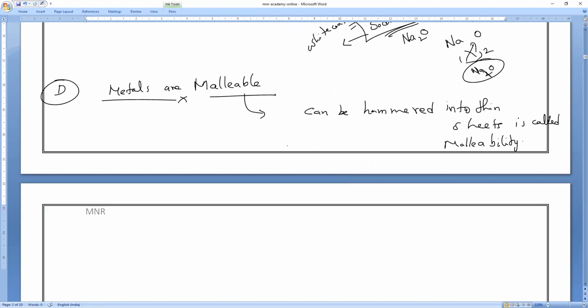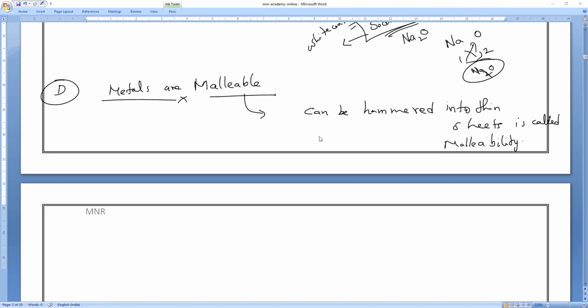Now, sir, how thin can you make it? Have you noticed? How many of you have at least one time bought sweets from A2B, the famous Tamil Nadu sweets? There is a sweet called silver-coated sweets. Have you seen silver-coated sweets anywhere in the sweet shops? Yes, sir. Very expensive.